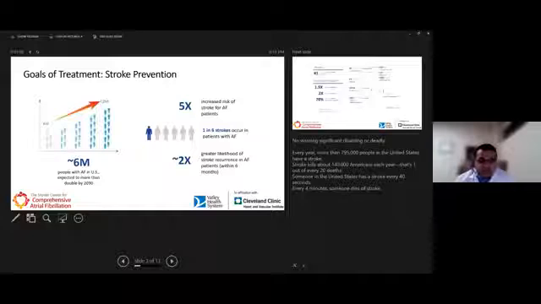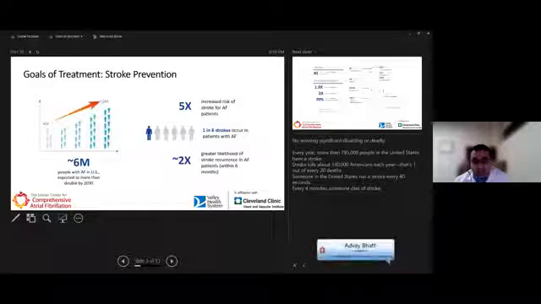So there's about 6 million people with atrial fibrillation in the US, and this is due to double over the next decade. And patients with atrial fibrillation are at a 5 times increased risk of stroke. And about 1 out of 6, nearly 20% of strokes occur in patients with atrial fibrillation. And patients with atrial fibrillation also have a 2 times increased risk of recurrence of stroke. So this is a very big problem that we need to try to solve